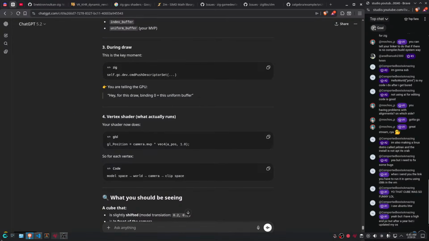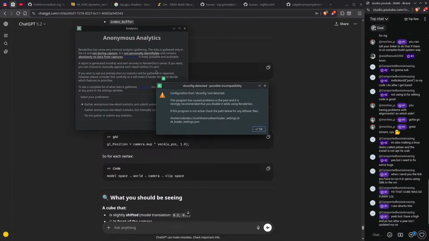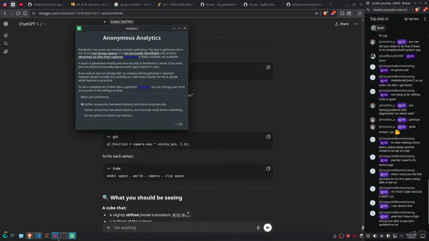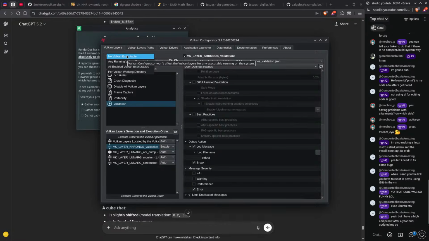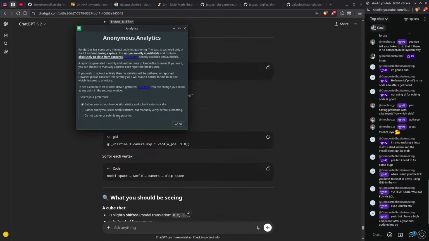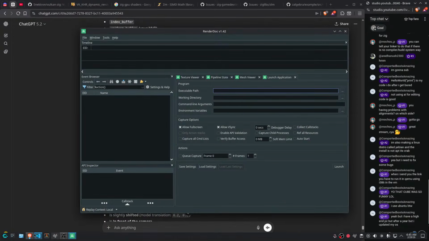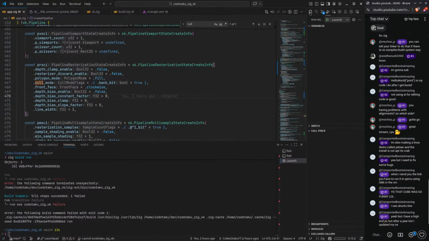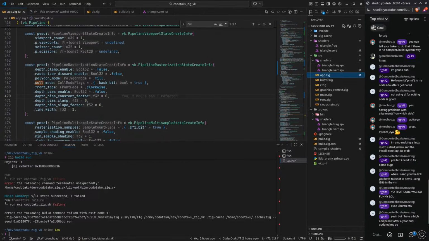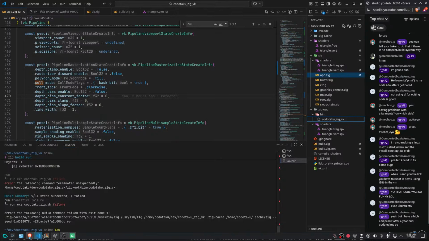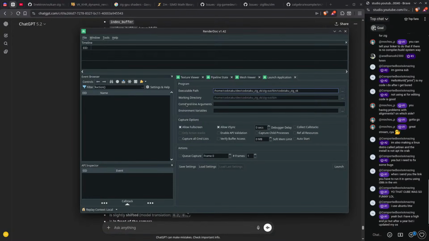Oh yeah, so I installed RenderDoc, right? Cool. So let's try to use it, and hopefully it works with Wayland. Okay, gotcha. So let's make sure to actually disable the validation layers and so on. And let's try this out, because if this works, we can exactly see what's going on. Okay, so how are we gonna do this? Bin, go to check.zig vk, copy path. Let's copy path, and let's come here, executable path. Here we go. The working directory, I don't think it matters. And yeah, launch,